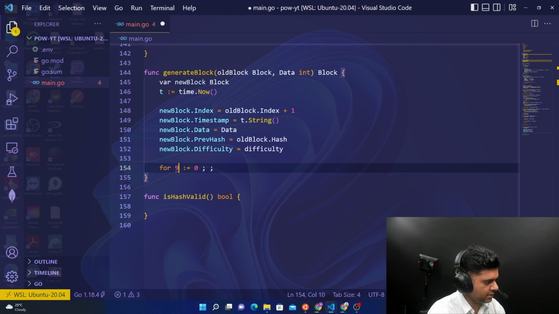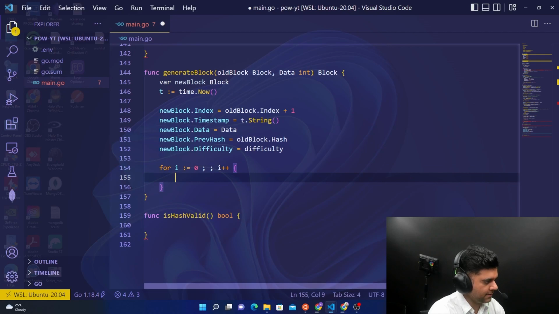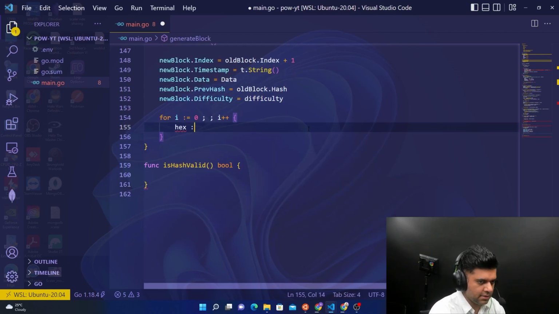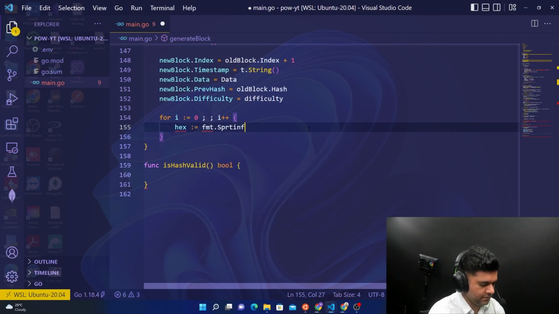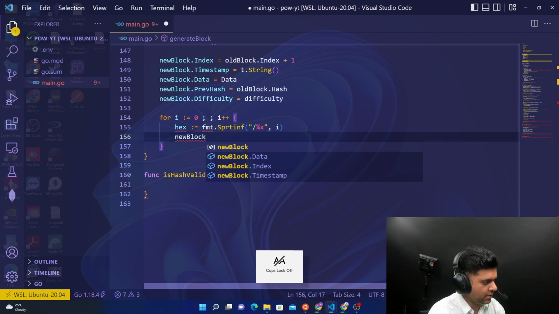This is i equal to 0. And you say i++, and you'll create the hex here, which will be fmt.Printf("%x", i). You print out i, and you get the new block's nonce, right? So till now we have